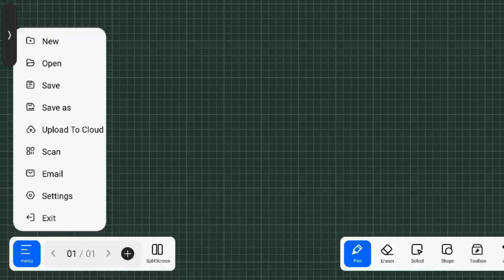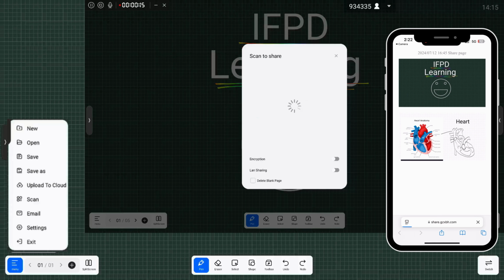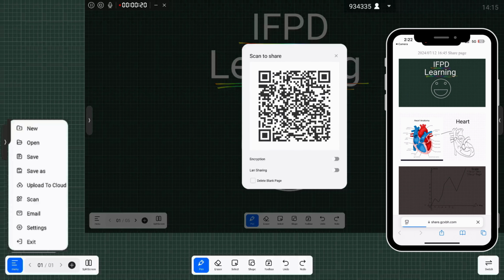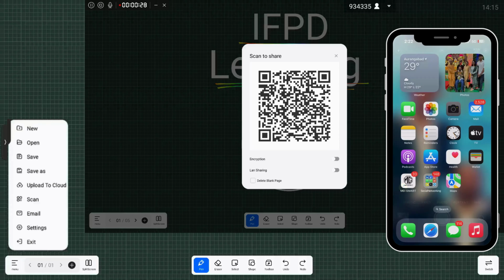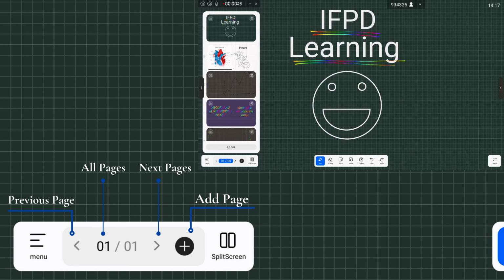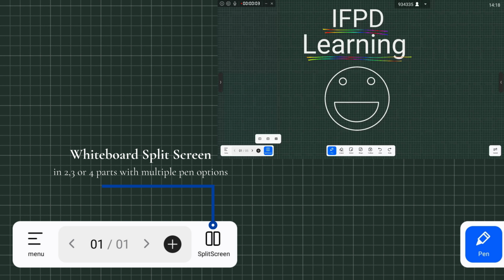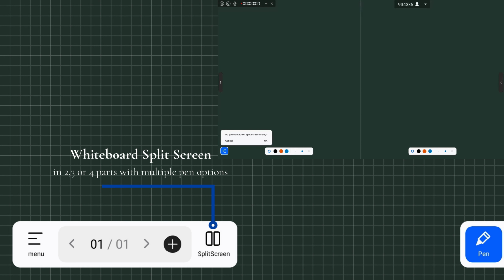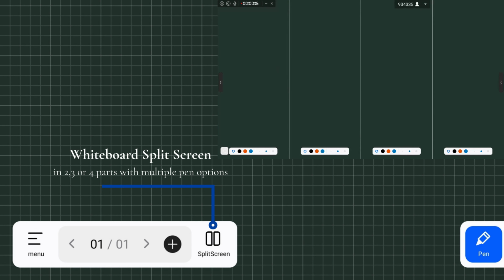On the bottom left menu bar, you can create new files, open existing files, save as, upload to cloud, scan QR codes to access PDFs of your whiteboard content, email, adjust settings, and exit. On the bottom right side, we have buttons for navigating between pages: previous page, all pages, next page, and adding new pages. Our whiteboard can split into 2, 3, or 4 screens, each with different pages, enhancing your multitasking capabilities